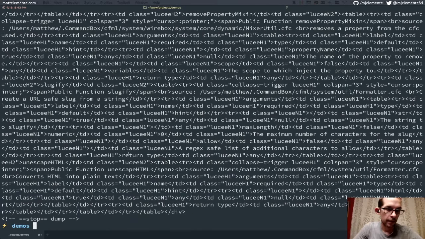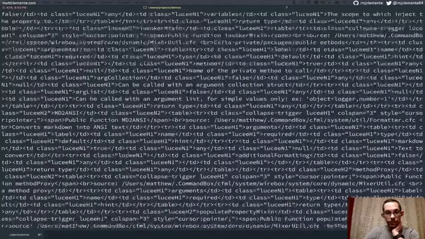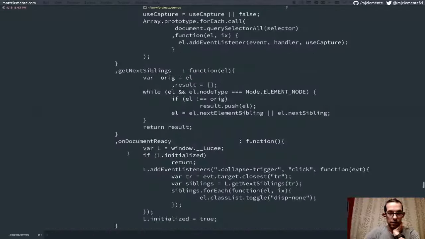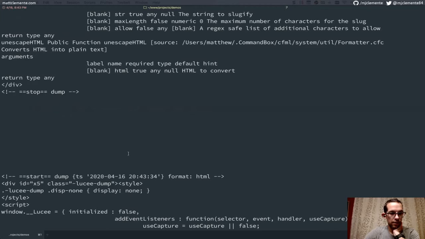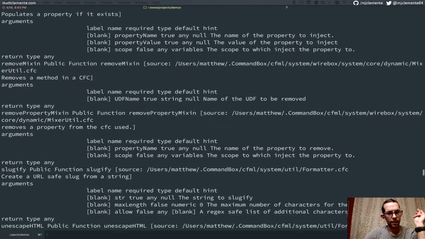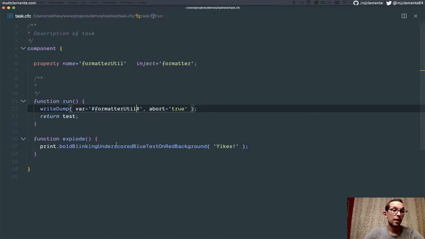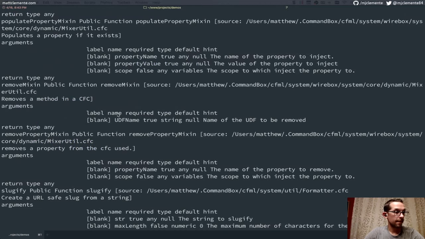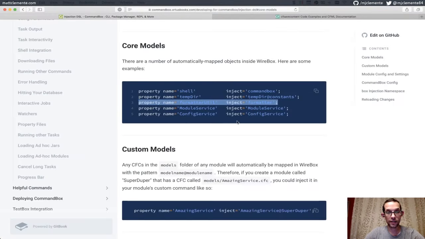Okay. So, first of all, formatter util is absolutely available. We want to see what that has, and probably the right way to do that would be to look at